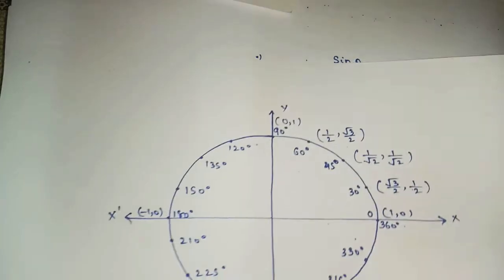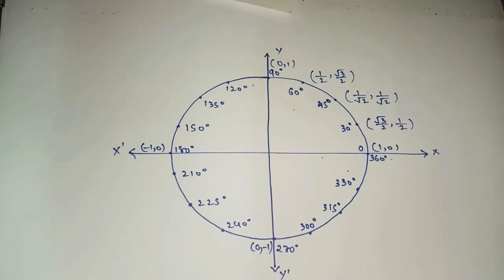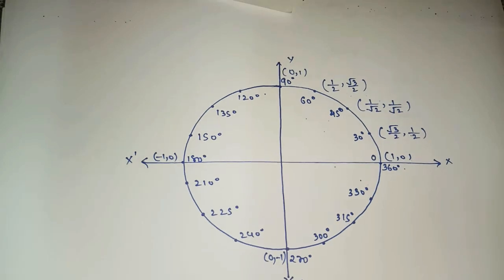And then after that we'll see one circle. This circle is known as the unit circle. With the help of this you can find the answer for any angle, like 220, 210, 225, 240, in just a fraction of a second. So this circle is known as the unit circle, and all these concepts will be covered in this video.